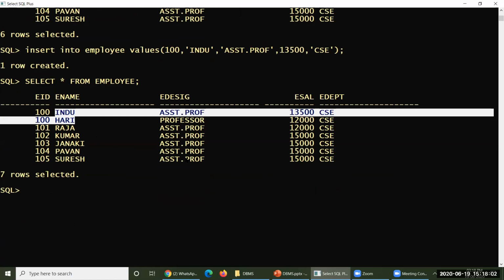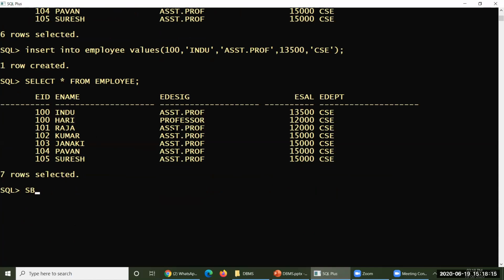Let me give you one scenario. If a banking information system is there, you have your account number, for example SBI 00123440. This number has been given to Hari, and one more person opens a new account after you.